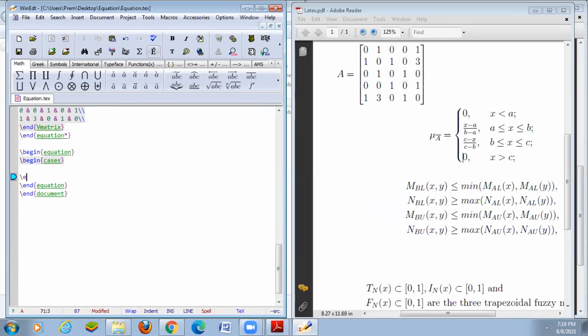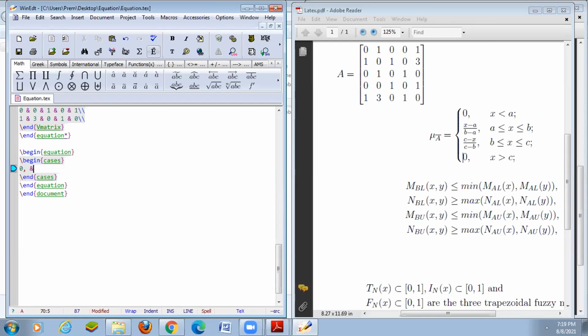Then we close with end cases. In between you can type the values of that equation. First one is 0, comma, and then we use the ampersand symbol. We cannot use the dollar symbol because we are using begin and end equation.